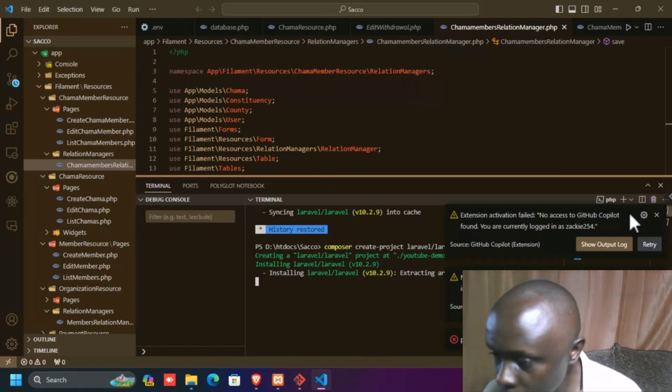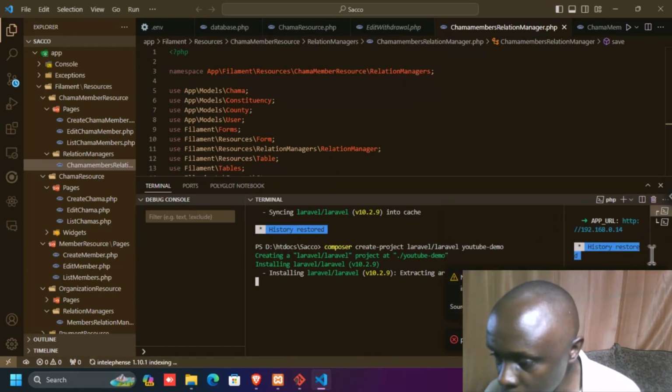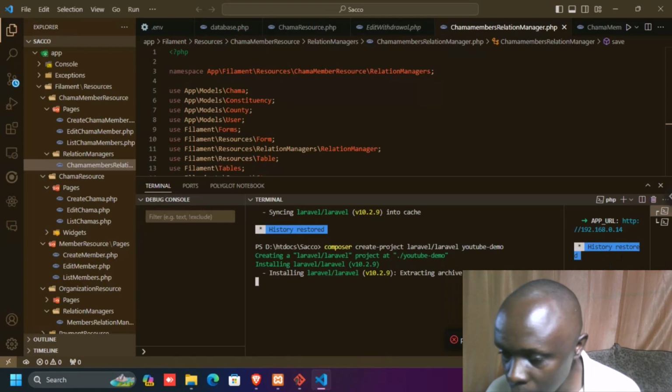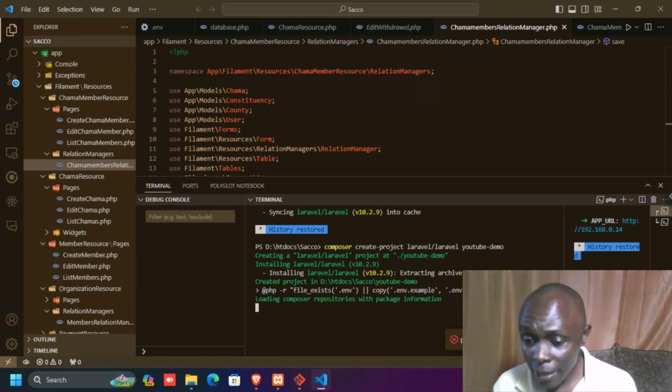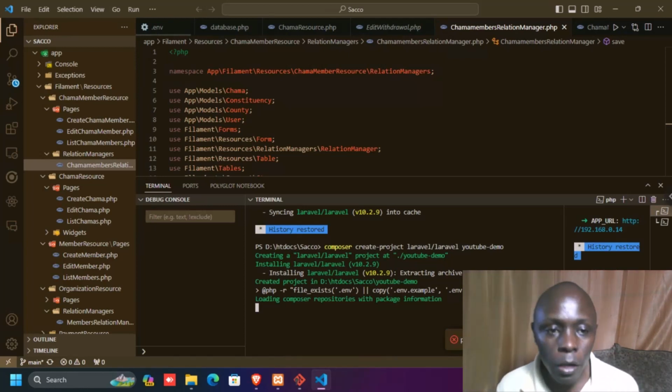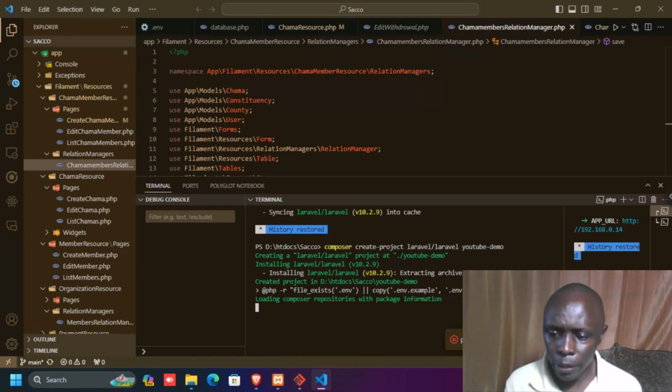So these are my errors from GitHub. So basically now it is installing Laravel. So guys, that is the error that normally happens when you are installing Laravel for the first time in your